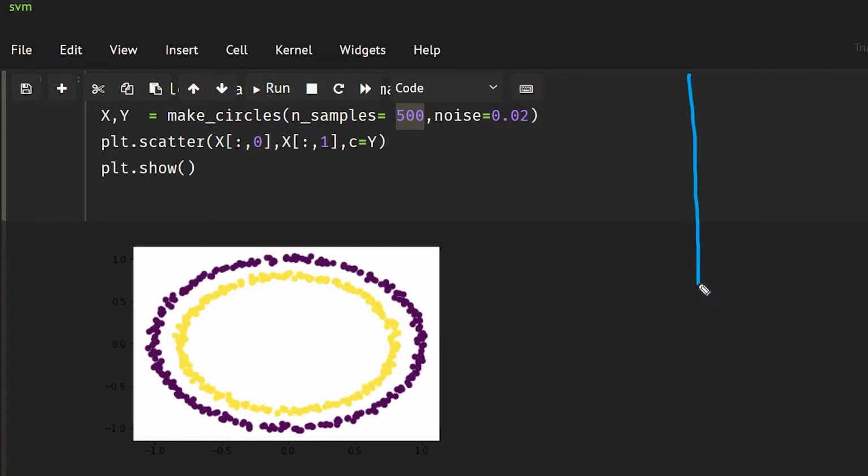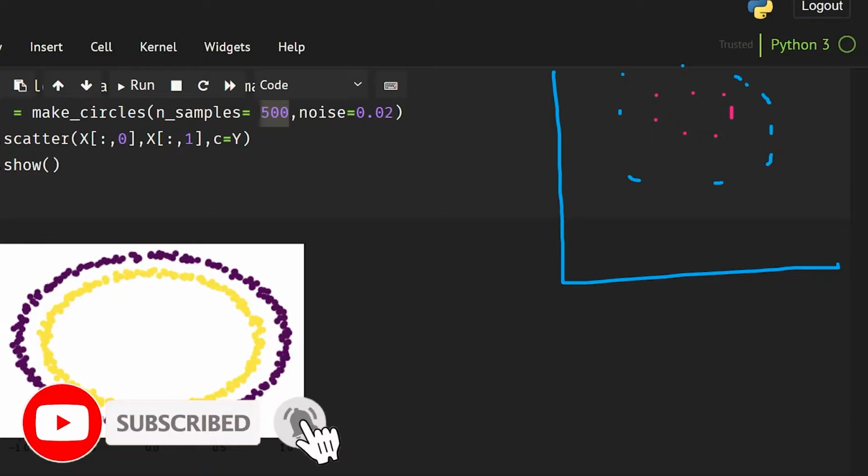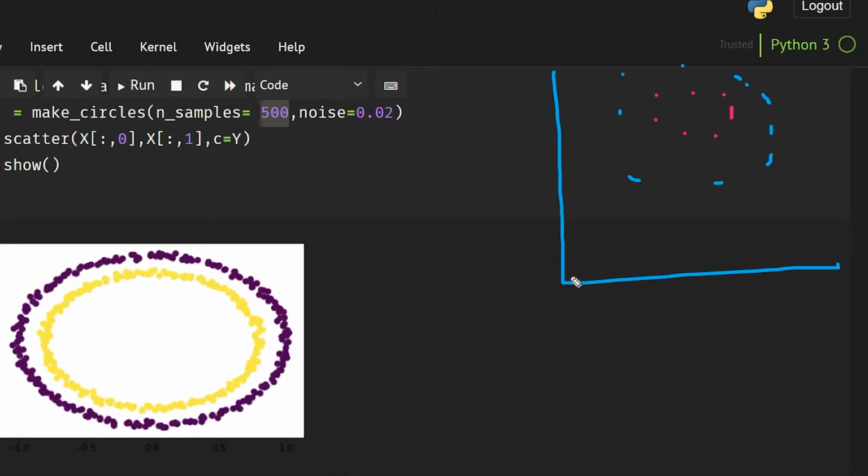So if we have something like this in 2D, and then we give a depth to this using a third dimension. Okay, so I'm adding a third dimension here. Now what will happen to this, it is going to look something like this. Let me just show you. It is going to look something like this,